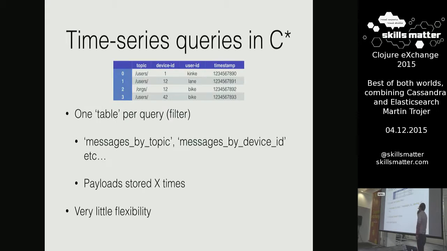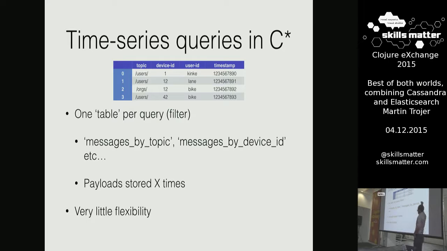So let's look at where we were sometime back. We were using Cassandra to store the time series data. It's great. And we are using Cassandra to do the historical queries, like the time filter and the time window and the kind of device, topic, or user ID filter.